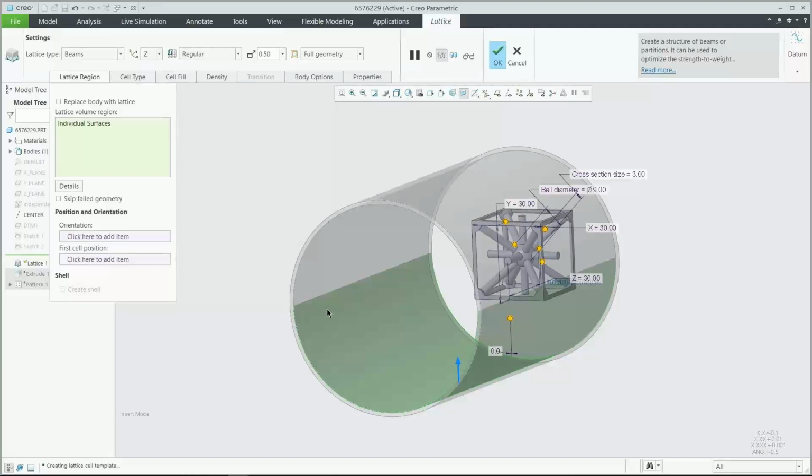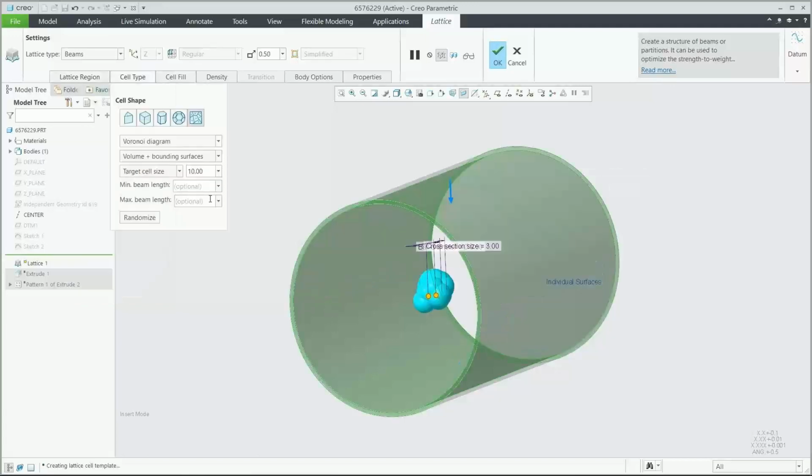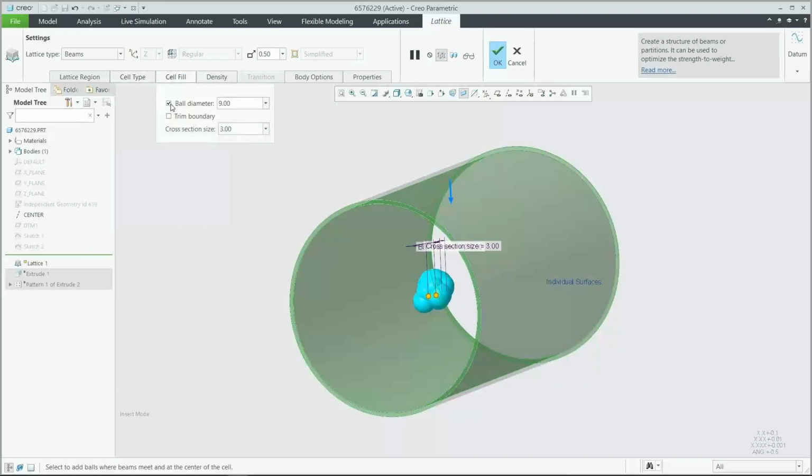In this case, I want to use one of our newer stochastic lattices. This is more of a randomized ball and beam structure going throughout here, which has a lot of cool uses. And with any of these that you'll see, regardless of what the cell type is, we have lots of different options and parameters that we can change. So we can go through and change the cell size, the node diameters, the cross-section,